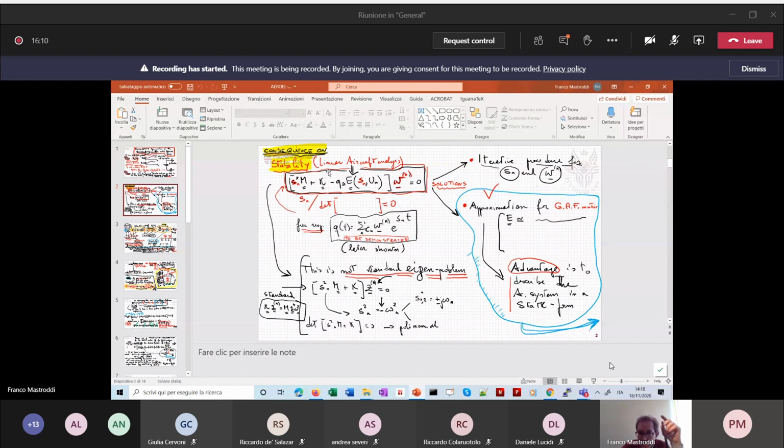One can demonstrate, maybe today or tomorrow, that the time solution of the free problem is regulated by this Sn coefficient, and therefore this Sn coefficient has a key role